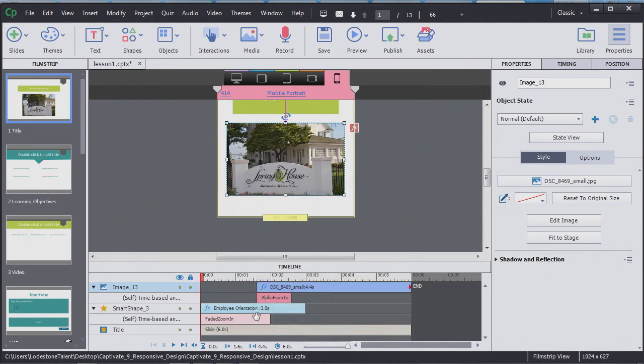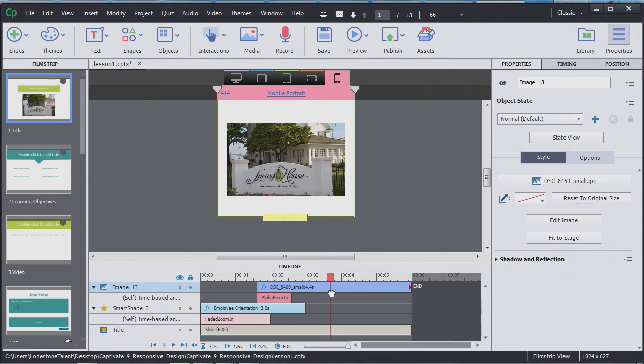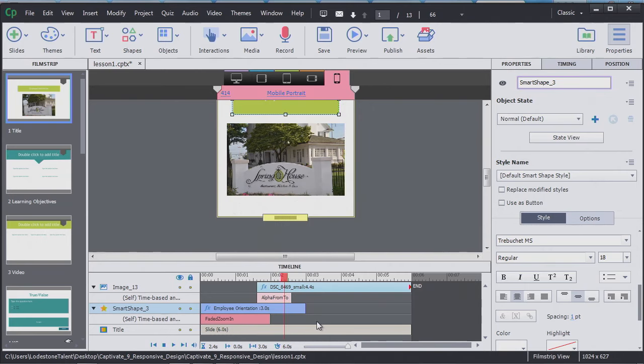Now, what about the visibility of the employee orientation? Well, it's going to go away. If I move my playback head forward, you can see that the employee orientation animation comes out. There is our photo, and then it, boop, goes away. How can we get this out? Well, I can go ahead and drag this out here like so, but I'm going to share with you a